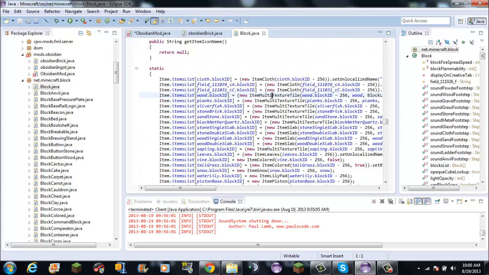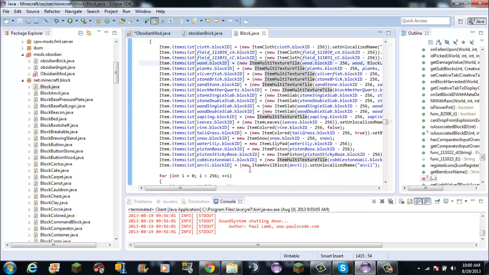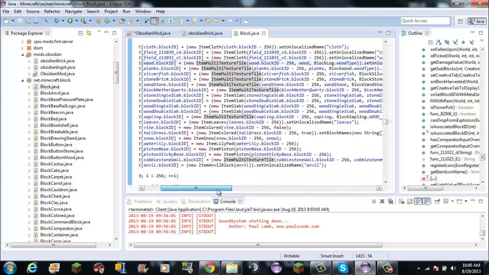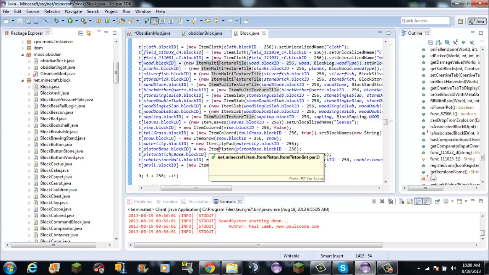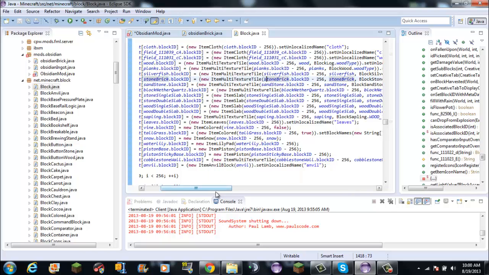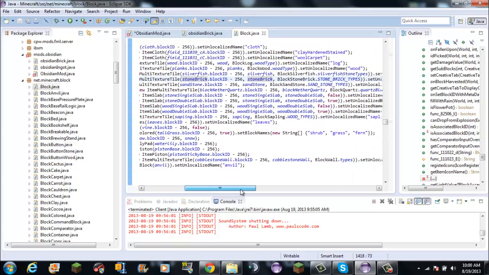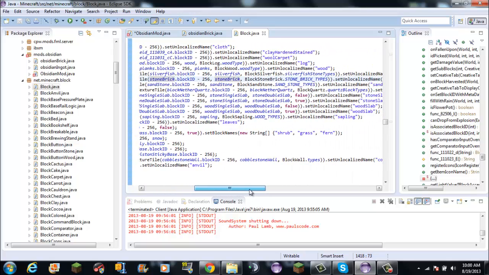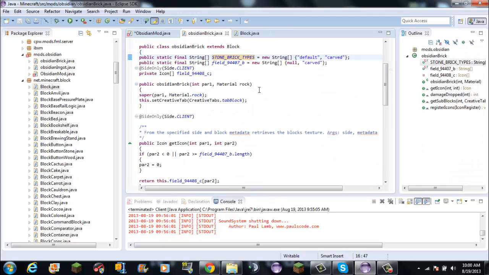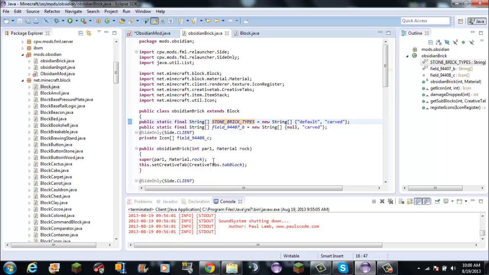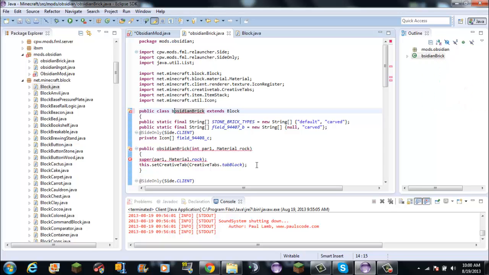Okay, here we go. Item list. Okay, so stone brick. Alright, so stone brick. Oh, I believe I know what's wrong. Unfortunately, I'm gonna be honest with you guys. It is kind of stupid like this, but I need to change this